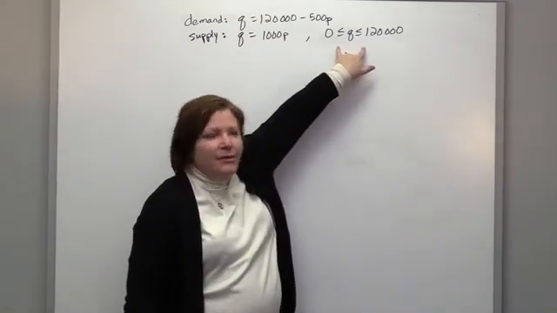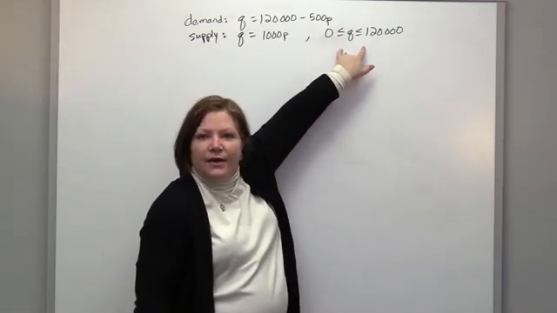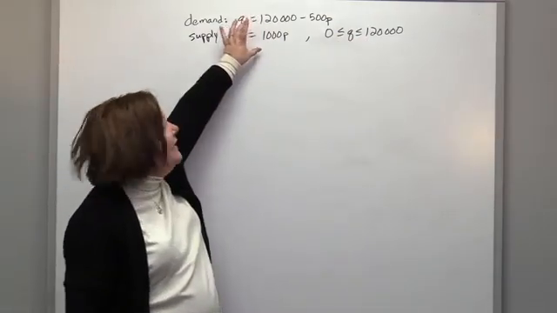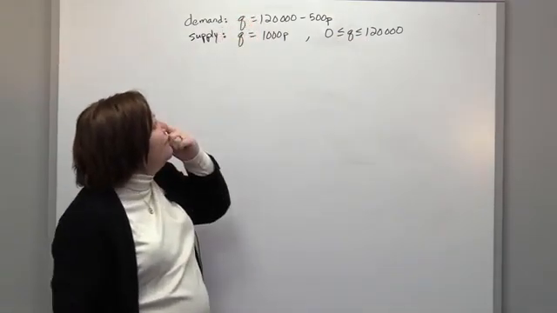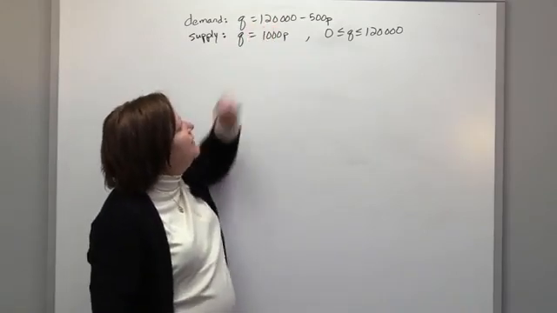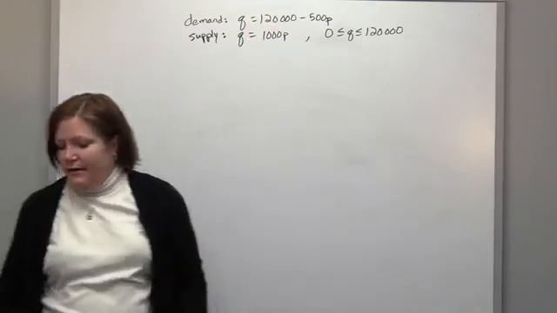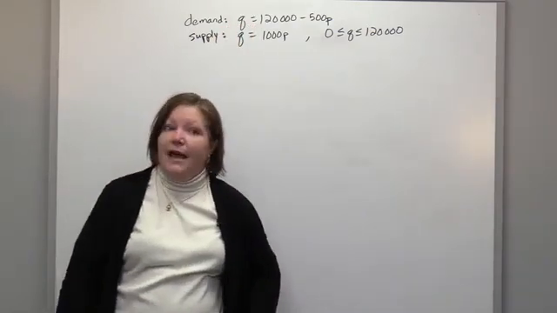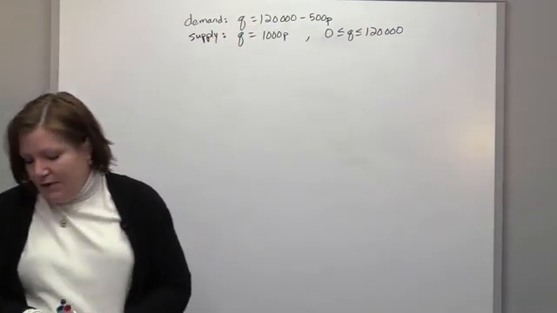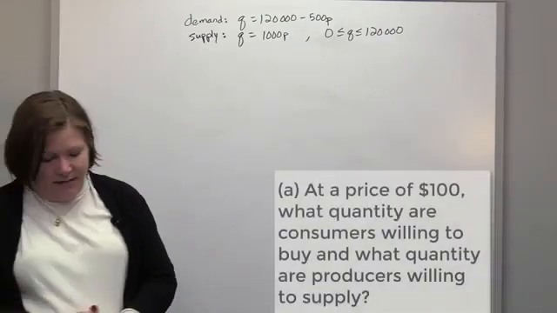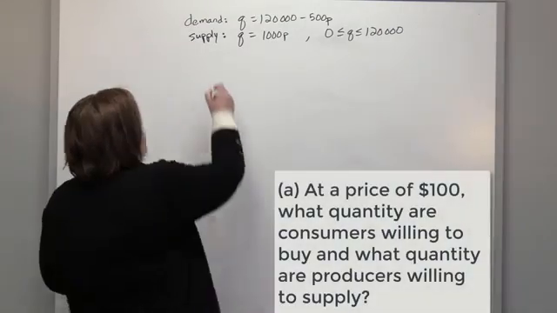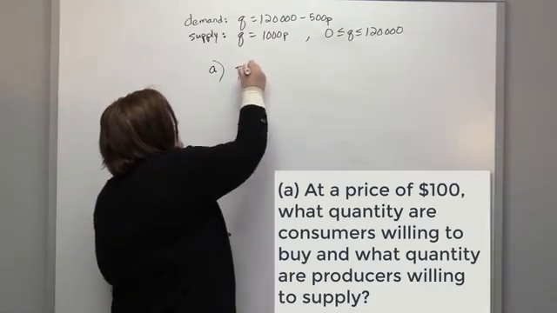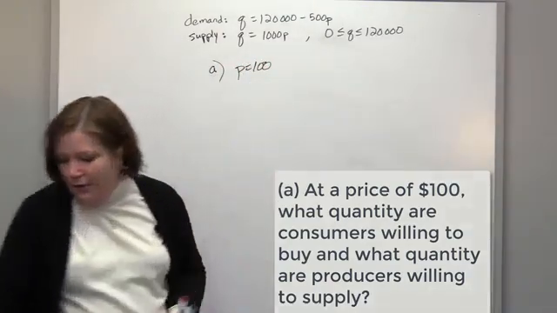Why would Q only be between 0 and 120,000? In general, for these, you could use any values you want, but these would be the only things that would make sense for demand and supply for these numbers. So for part A, we want to know at a price of $100, when price equals $100, what are